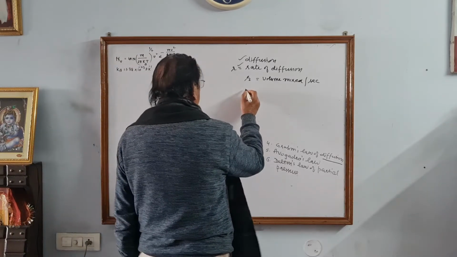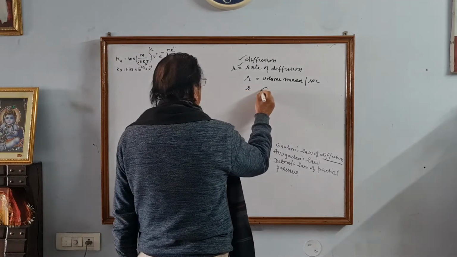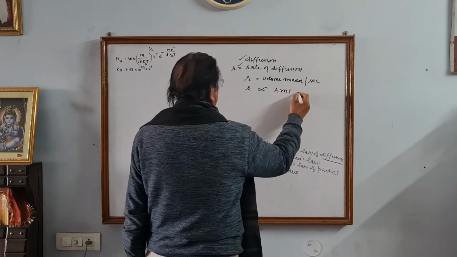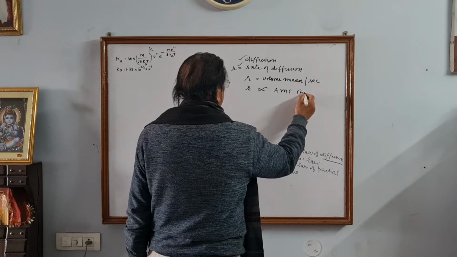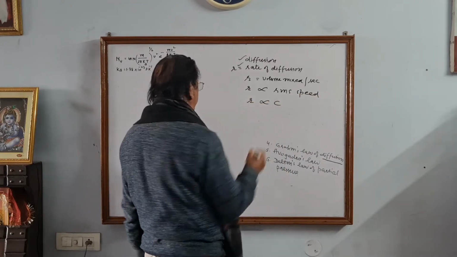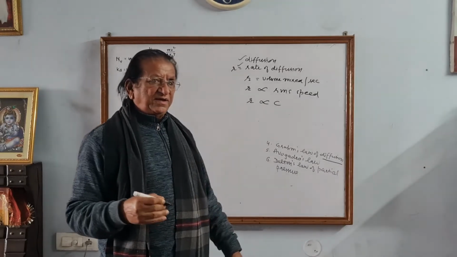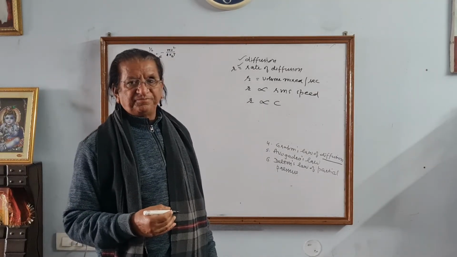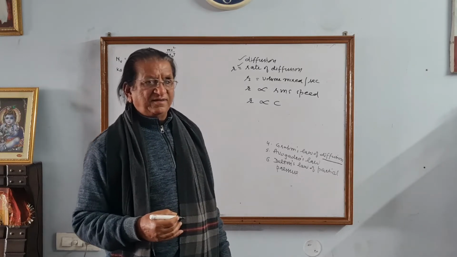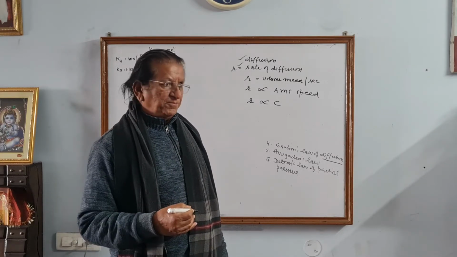And the rate of diffusion will depend upon the root mean square velocity. R will be proportional to C. जिसकी स्पीड ज्यादा है वो जल्दी मिक्स होगा, तो तेज भाग सकता है, ठीक है ना, तो जल्दी मिक्स होगा।